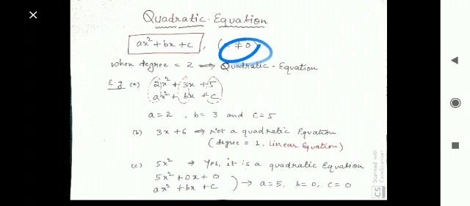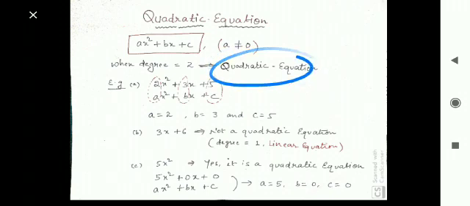Now one more thing, as we already know the concept of degree from the chapter polynomial, in this equation the degree is 2. So what is degree? Let me recall again the concept of degree. Degree is the highest power of the equation. So in this equation the highest power is 2. See, x to the power 2. Here the power is 1, and it is a constant part. So the highest power is 2, so we can say that the degree in this equation is 2. So when the degree is 2, then the equation is a quadratic equation.